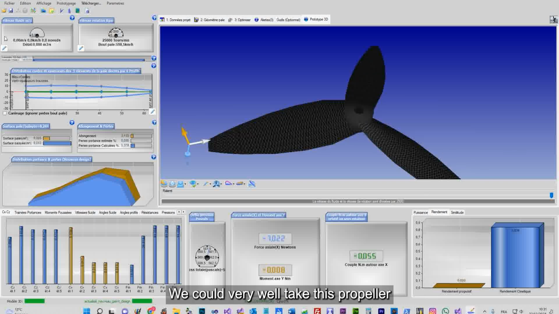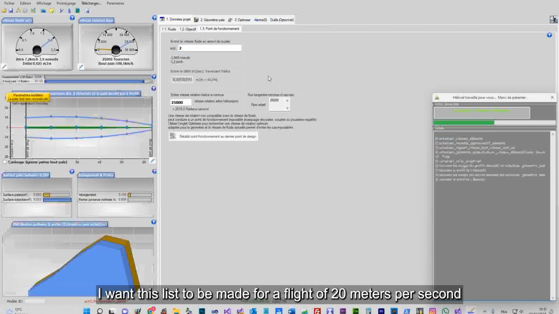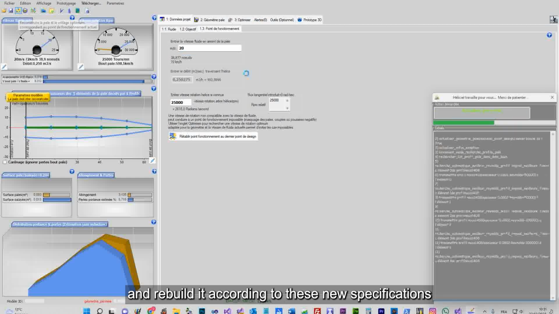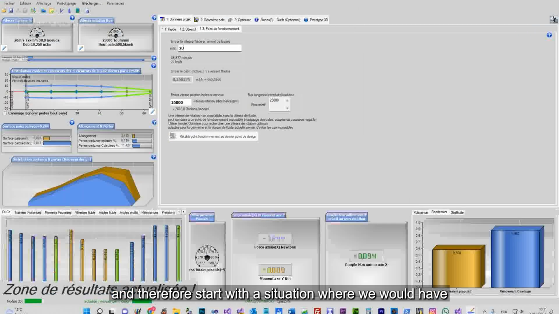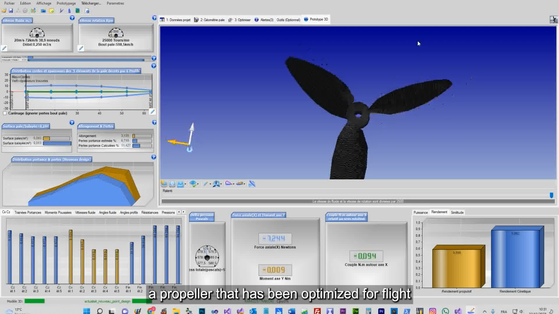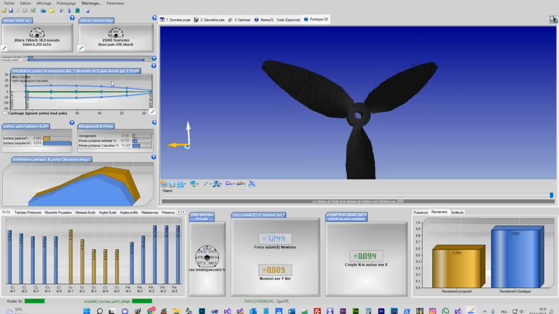We could very well take this propeller and modify its operating point and say, hey, I want this to be made for a flight of 20 meters per second, and rebuild it according to these new specifications, and therefore start with a propeller that has been optimized for flight at 72 km/h, 20 meters per second.